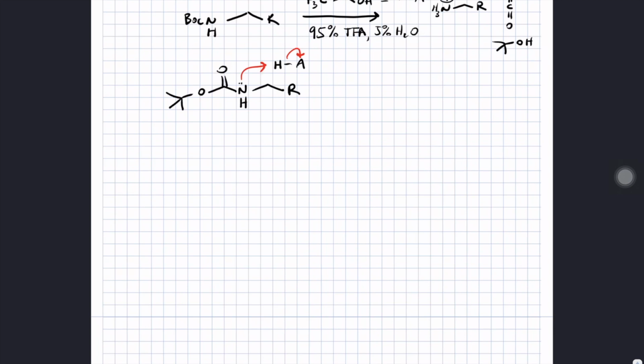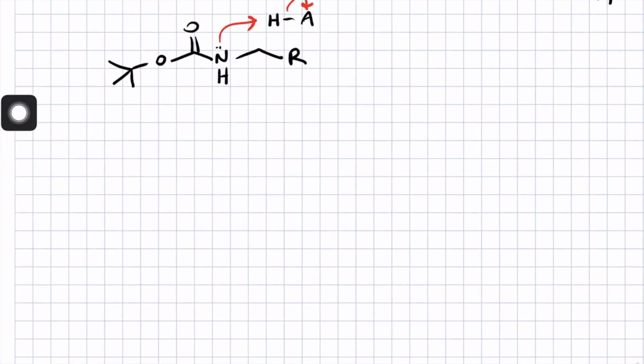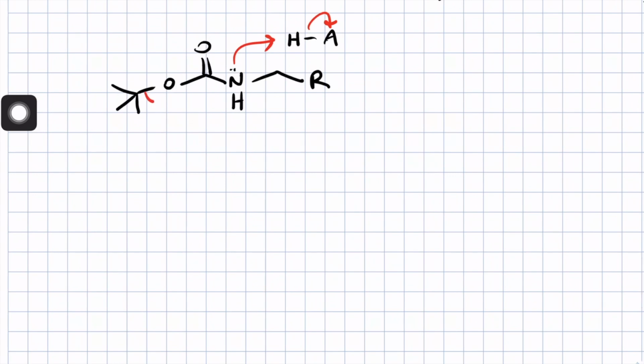And then at that point, electrons from this carbon-oxygen bond between the t-butyl carbon and oxygen swing down to form a new oxygen-carbon pi bond, and that makes CO2. And then these electrons on the nitrogen leave, between the carbon and the nitrogen, go back